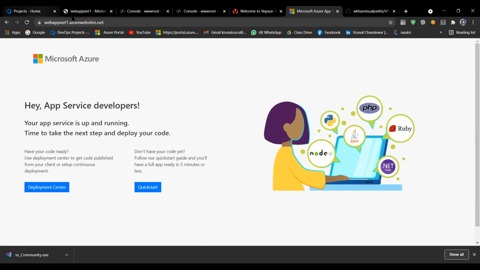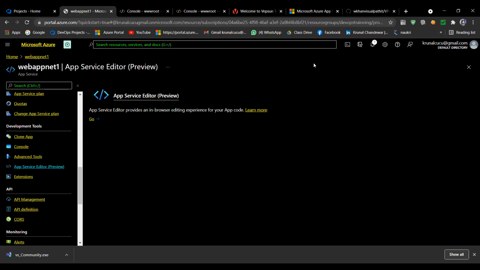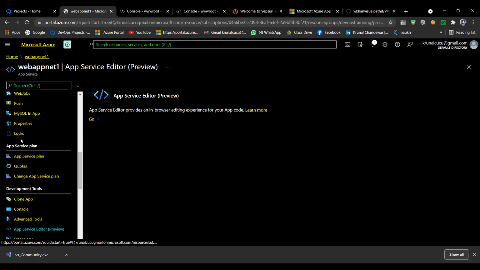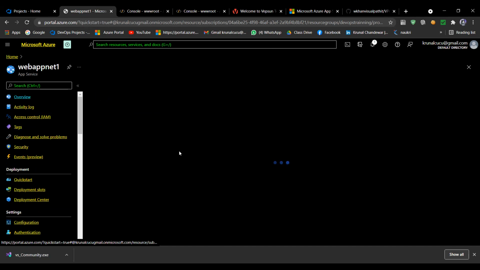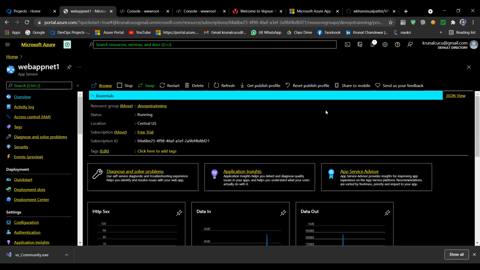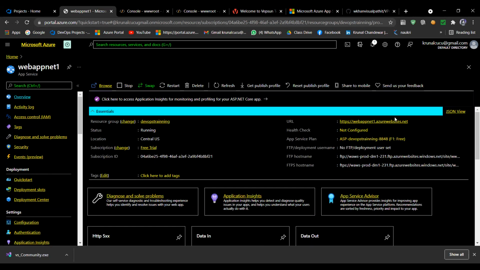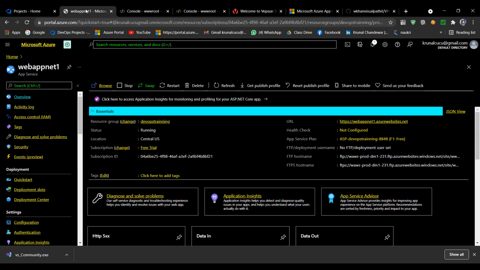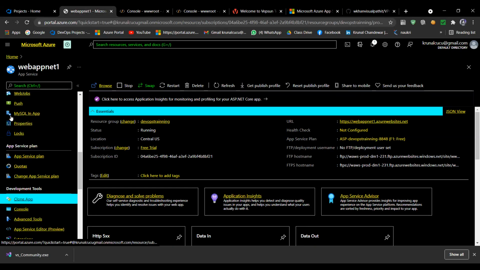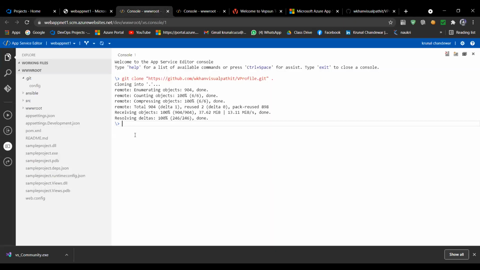And whenever I click on that link, which link? In the Overview section, we are getting one link here, this URL. Whenever I copy this link into my tab, you are getting this default page. But after a few steps, I deployed something.